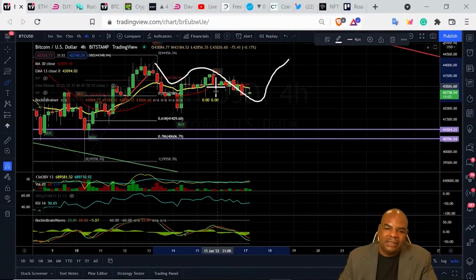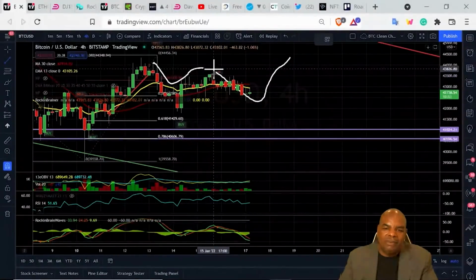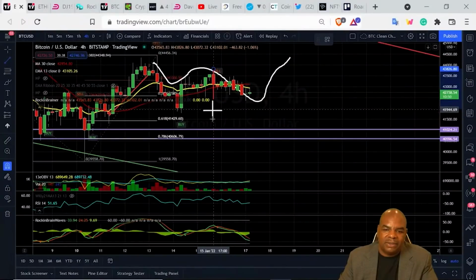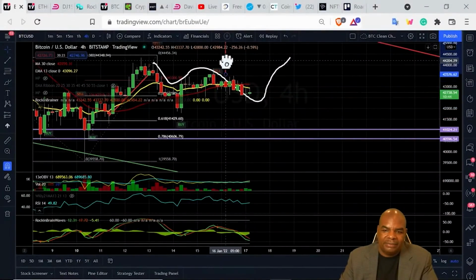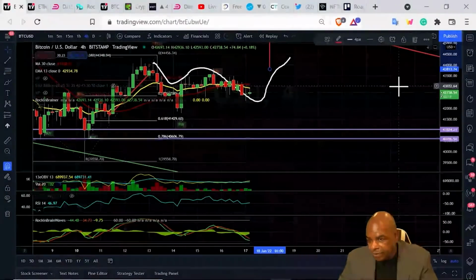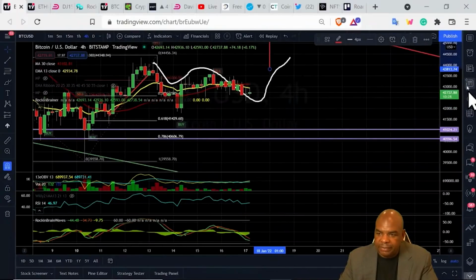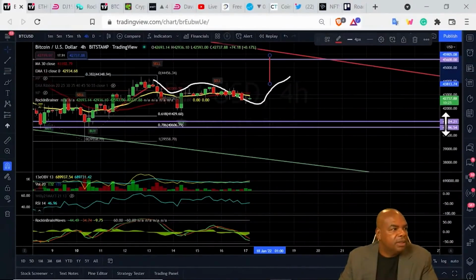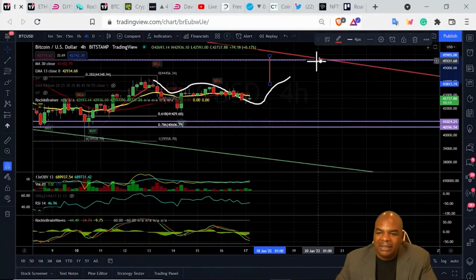If we can get that W happening, we could see a potential move, not anything big, not anything like, oh my God, we're going to a new bull market. But something to start us off, something to wet our chops on, you know what I mean? So a break of right about here, around the 43,800 level, could see Bitcoin head straight up to that downward sloping trend line, which is slowly connecting with the support level here at